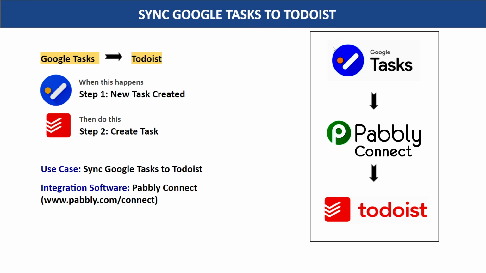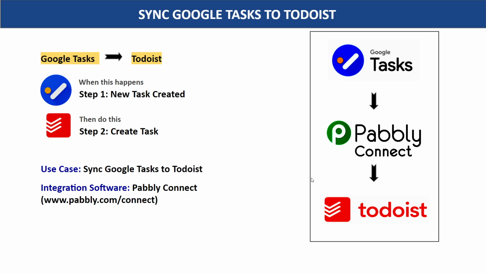So imagine this, you are using Google Tasks to schedule tasks for your team. So now the idea is that once a task is scheduled in Google Tasks, there must be a task in Todoist. So here you have two choices. The first choice is copy all the details from Google Task, sort it out, and manually create a task in Todoist. Now the problem with this approach is it's actually very repetitive and tiresome.